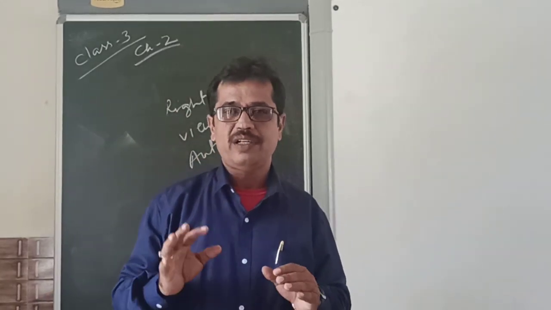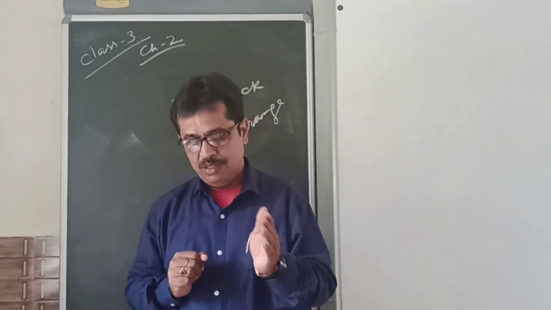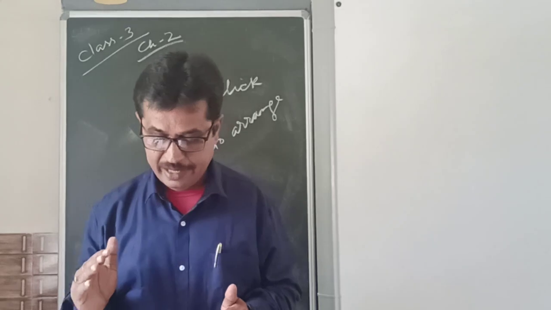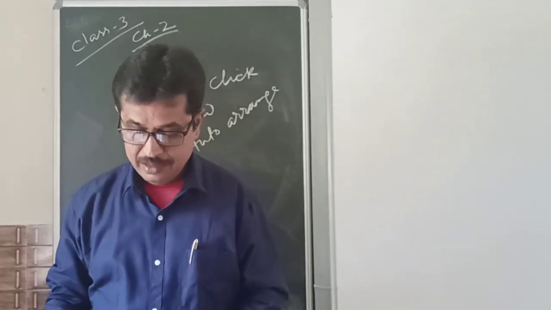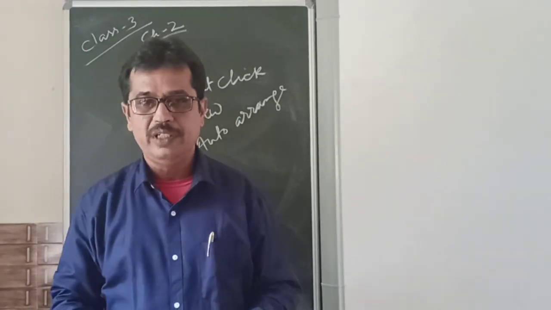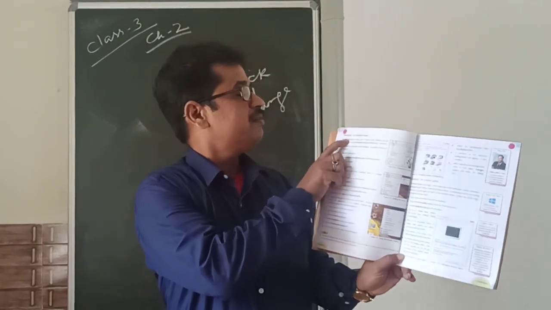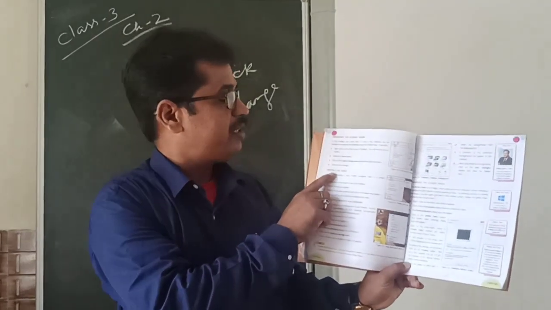Next is sorting the icons. Sorting the icons, almost the same steps you have to follow. Right click on the blank area of the desktop. A shortcut menu appears. You see it is given on page number 22 in your book. You see here, first arranging the desktop icons, what we have just discussed. Next is sorting the icons.